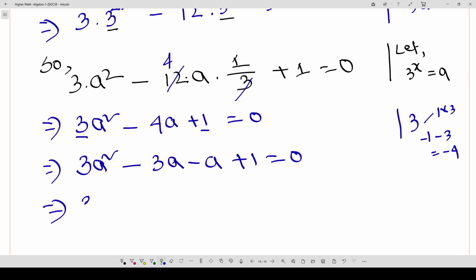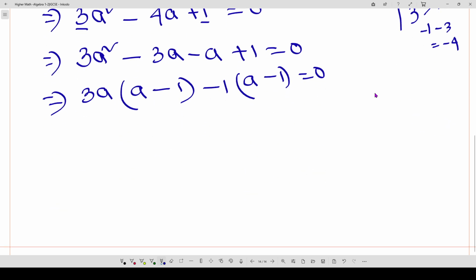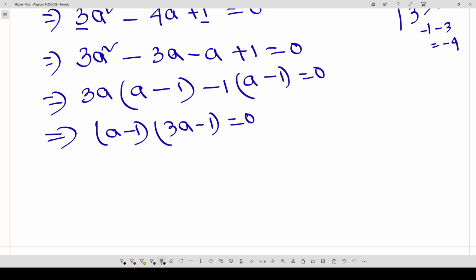So we can take common 3a from this equation, so here will be a minus 1 once we take it out, so here is a minus 1 equals 0. So from this expression we can take common a minus 1, and here is 3a minus 1 equals 0. So here are the two things, either